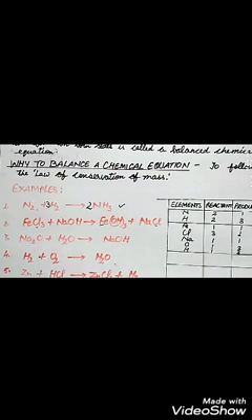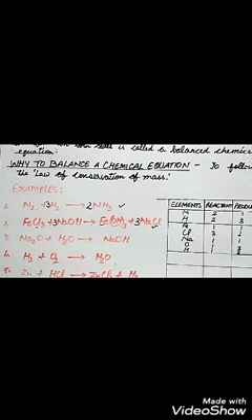So those elements which are not balanced, we will have to balance. Here it is FeCl3. So to make this chlorine 3, you put 3 in front of NaCl. When we put 3 in front of NaCl, sodium also becomes 3. So put 3 in front of this NaOH also. Now when we put 3 here, hydrogen also becomes 3, and here also hydrogen is 3. Oxygen is 3, oxygen is 3. Now your equation has become balanced.